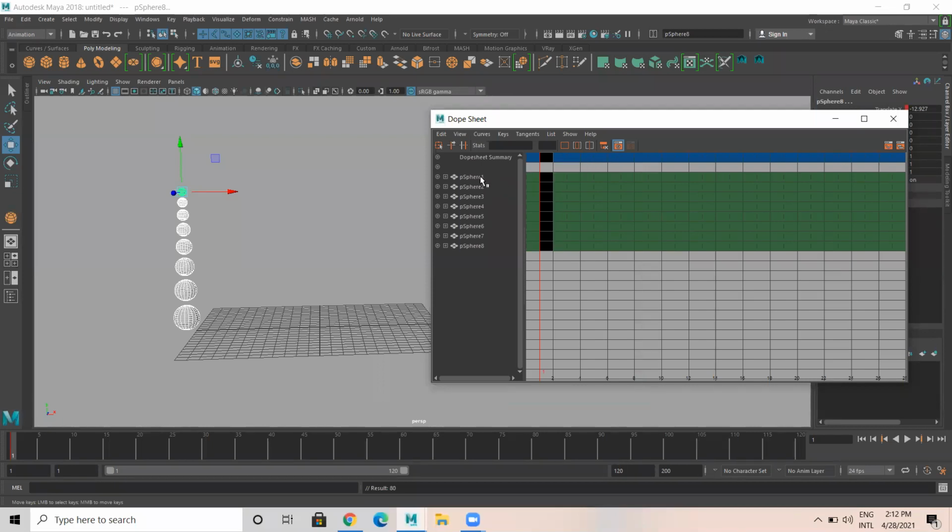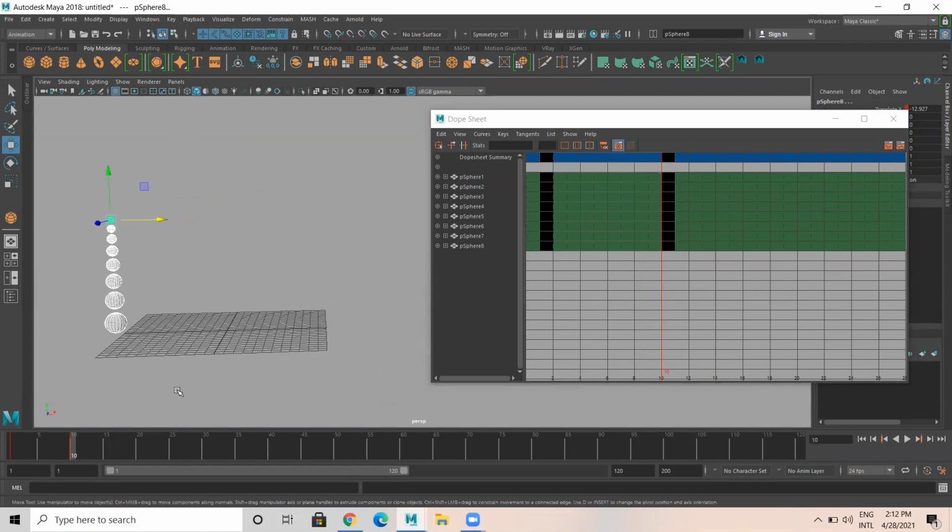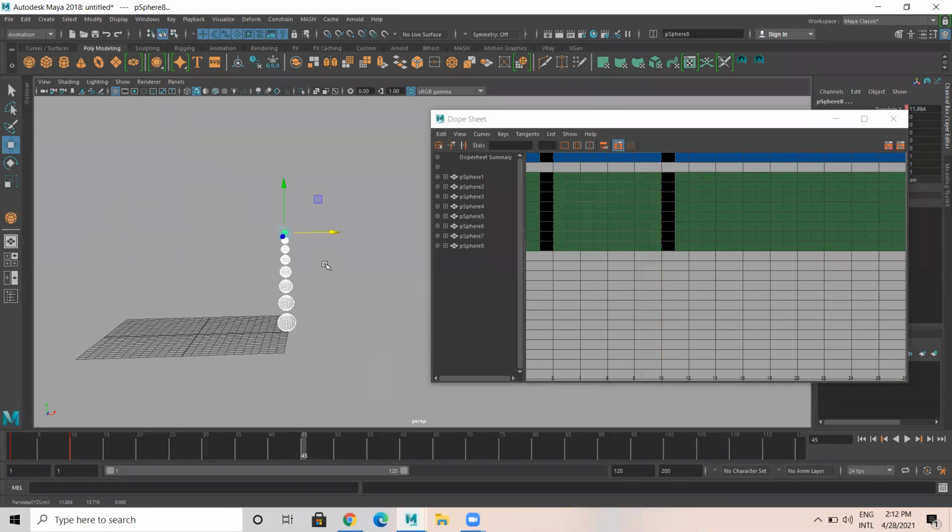So here polysphere 1, 2, 3, and so on, you can see 1, 2, 3, 4, 5, 6 up to 8 spheres. These are keyed here. So frame number 1, it's here. Frame number 10, these are here only. Frame number 45, this goes up to here.